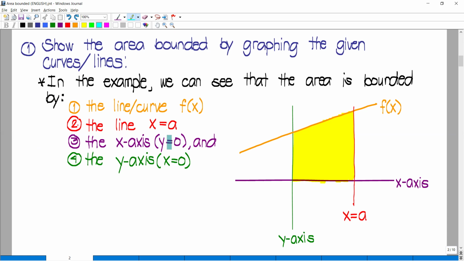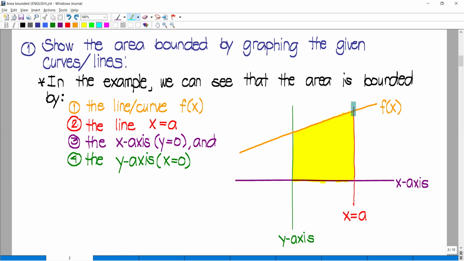Another one that is present in the Cartesian plane already is the vertical line, the y-axis. And the y-axis has the equation x is equal to 0. So we must know this, guys. The x-axis is y is equal to 0. The y-axis is x is equal to 0.